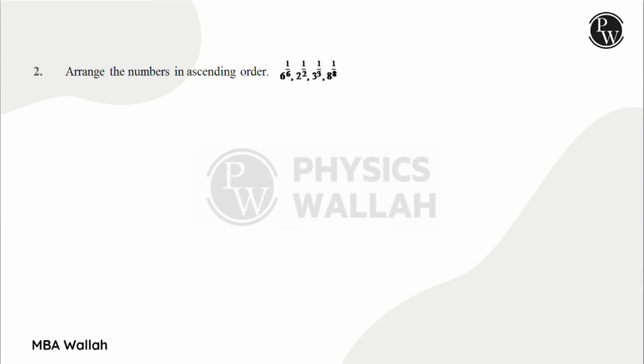In this question we are told to arrange the numbers in ascending order. We are given the numbers 6 raised to the power 1/6, 2 raised to the power 1/2, 3 raised to the power 1/3 and 8 raised to the power 1/8. देखिए इस क्वेश्चन को बहुत तरीके से किया जा सकता है, लेकिन सिंपल तरीका यही होगा कि लेट अस अज्यूम